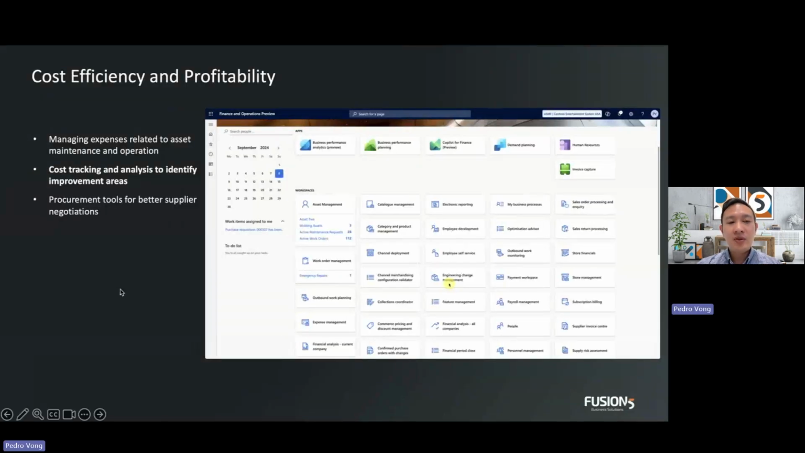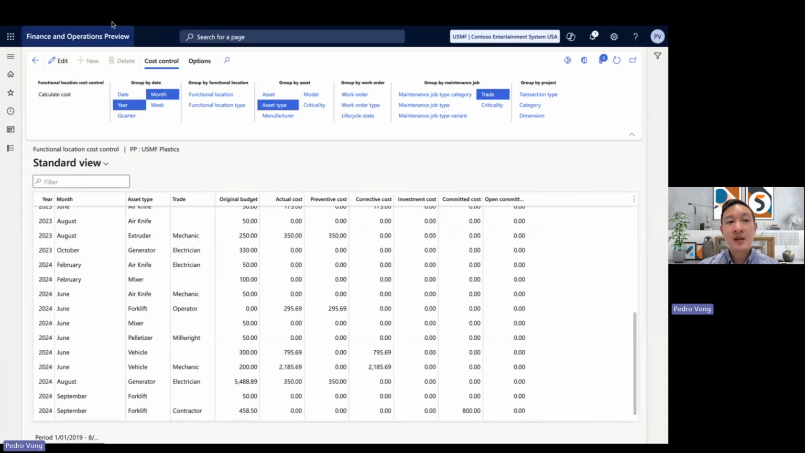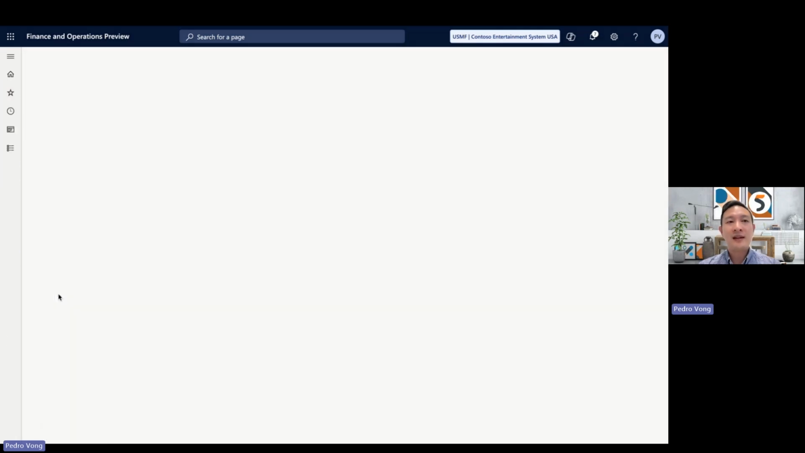Next up, I'm going to show a little example of how we can then use some of the procurement tools within the system to go into my supply negotiations so that I can have some information on hand when I go into those negotiation discussions. So again, I'm just going to go to my favorites now and find my purchase and spend analysis workspace. And what this will do is bring up my